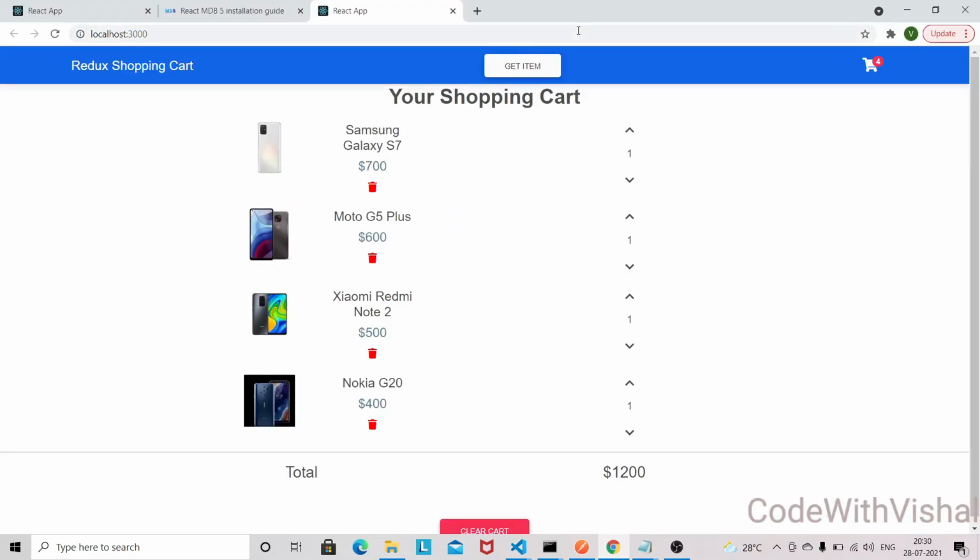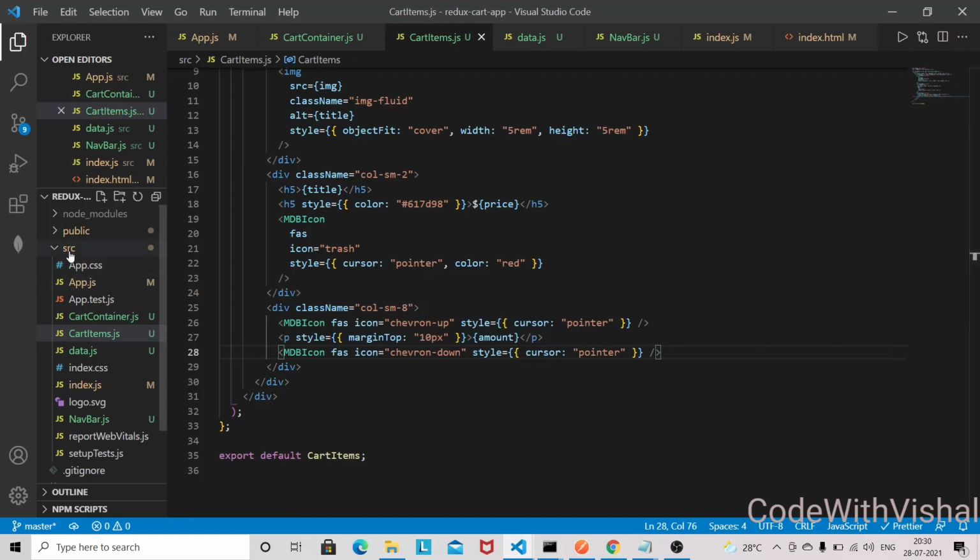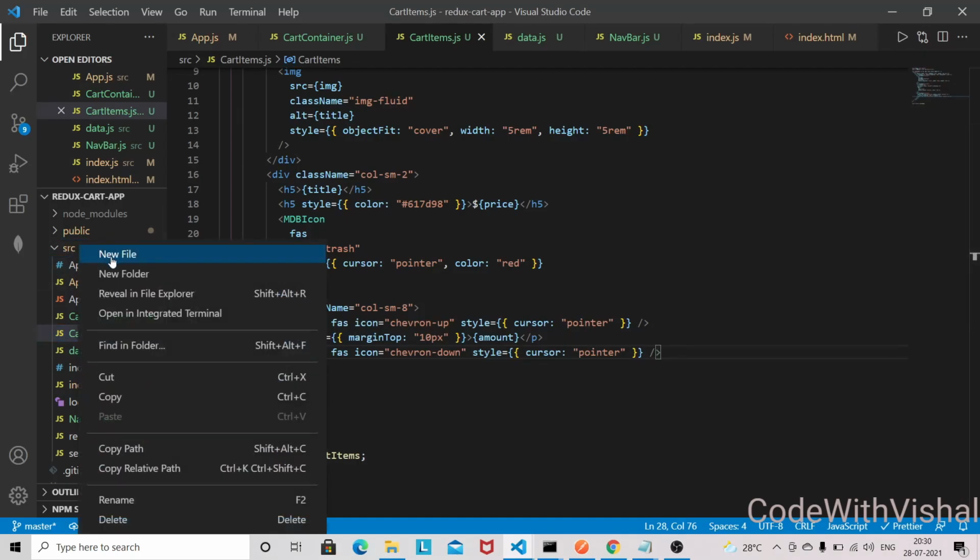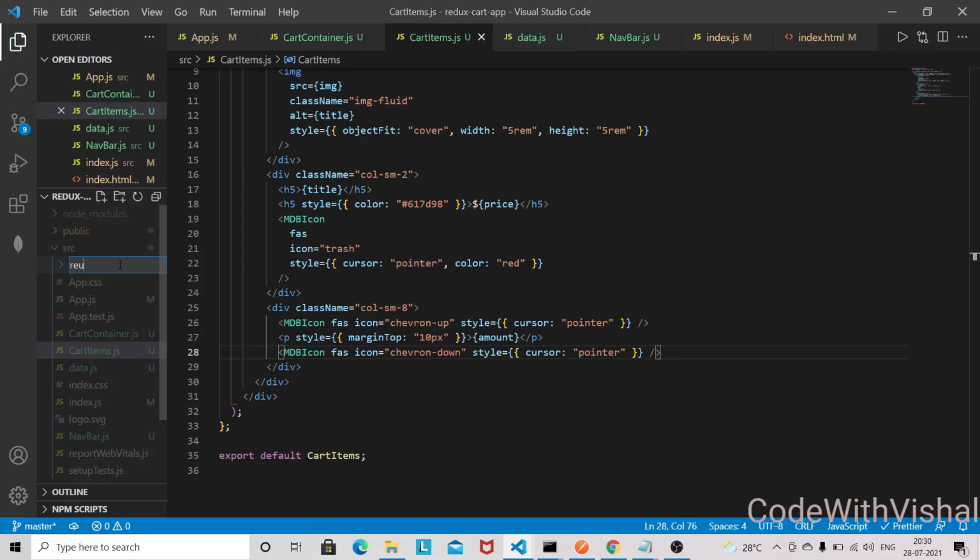Hence, now we are able to display this one as well, so you can increase, decrease. As of now this won't work because we need to set up the Redux in our application. So let's do that, setting up the Redux in our application. So I will create one folder here, that will be the Redux, and inside Redux we will have a couple of files,